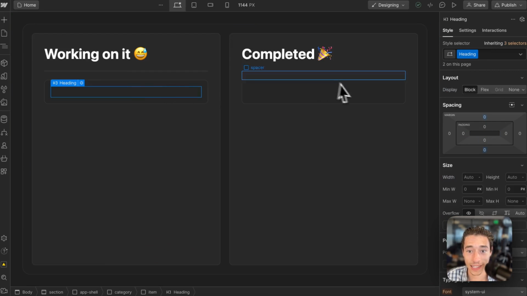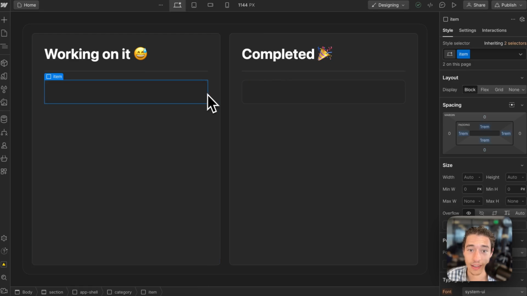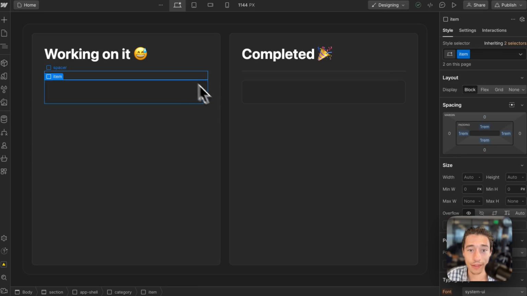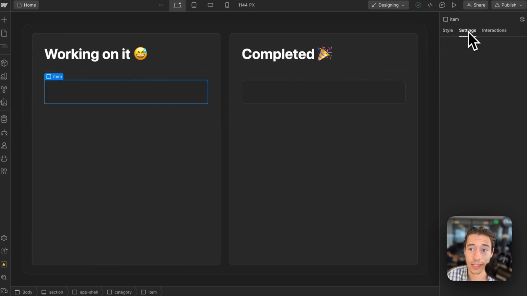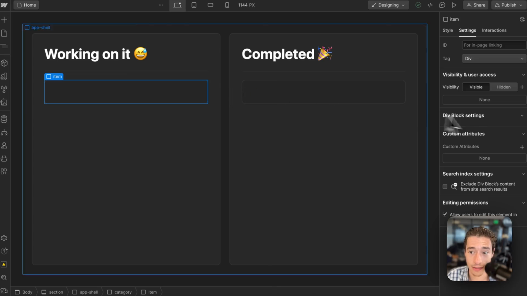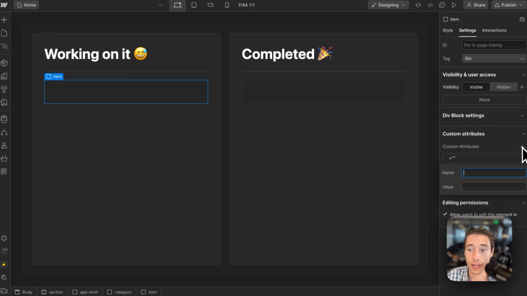So we have the text to render it, and we have the lists. So that is cool. What we need to do now is add Wized attributes on everything. This list will be rendered as the working on it list. So let's add a Wized attribute on the list item so that in Wized we can render a list for those list items. So let's add an attribute. We need to give it the name of Wized so Wized can pick it up, and let's do work in progress